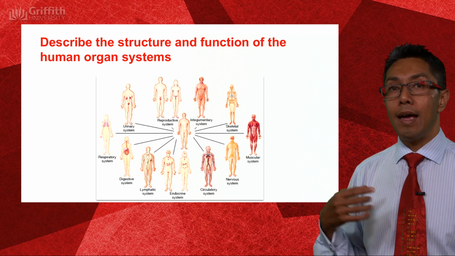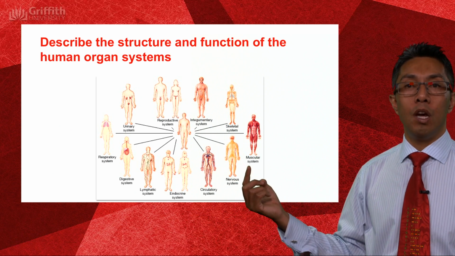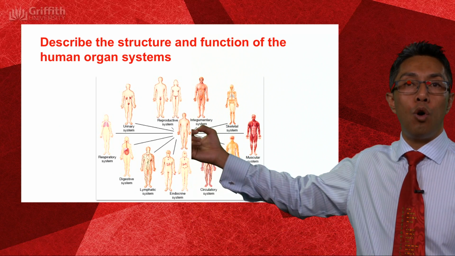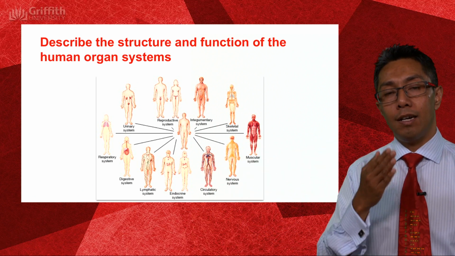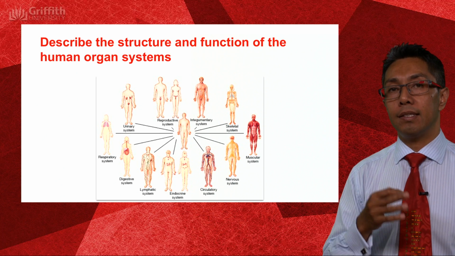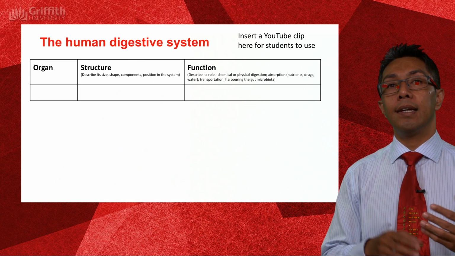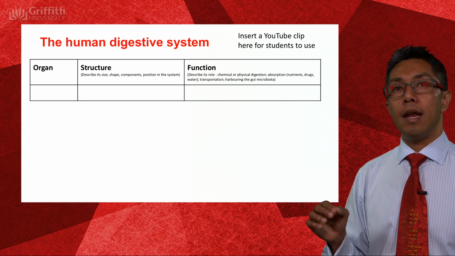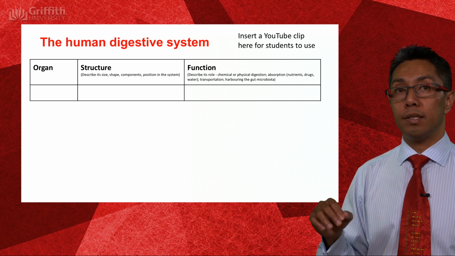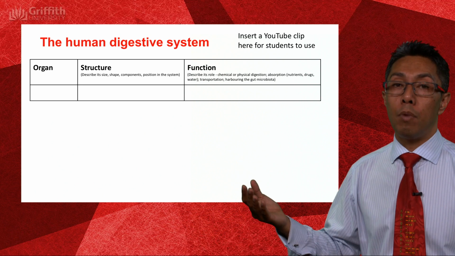So we have an integumentary system, we have a skeletal system, we have a muscular system, and so on, all the way around. Okay? So a key concept in the study of anatomy, which is essentially the understanding of structure and function. Okay? Now, depending upon your course, we will work on this collaboratively, or you might need to work on